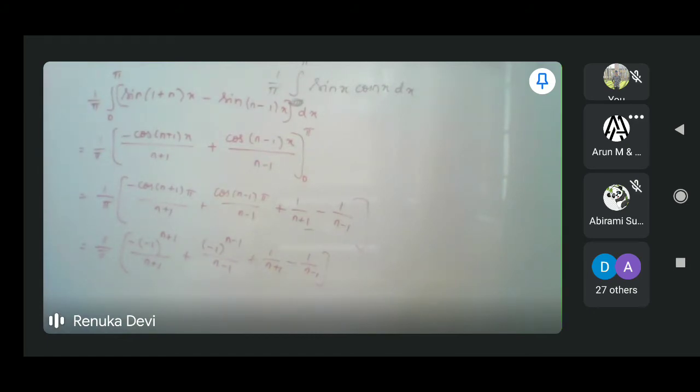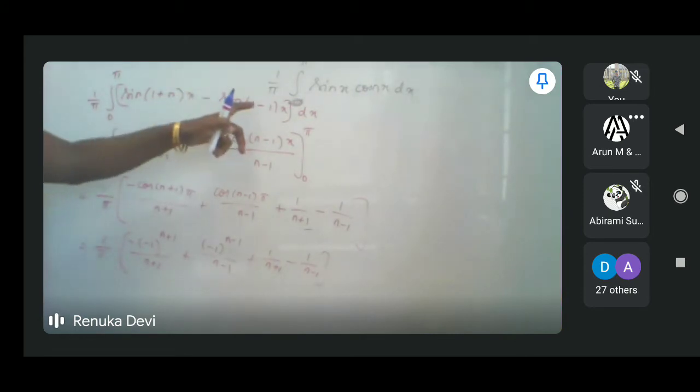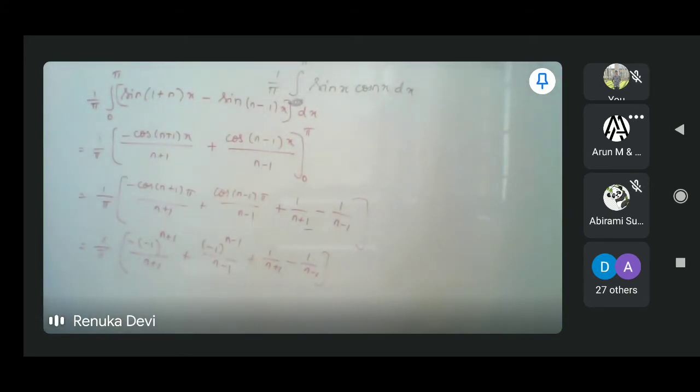Aravind or Arun? Aravind, ma'am. Okay. Is it okay now? Yes, ma'am. So this minus sign, if you are putting here it is plus, you should write it as 1 minus n. Otherwise the entire thing will be wrong, because sine of minus theta is minus sin theta. So we cannot write 1 minus n as n minus 1.